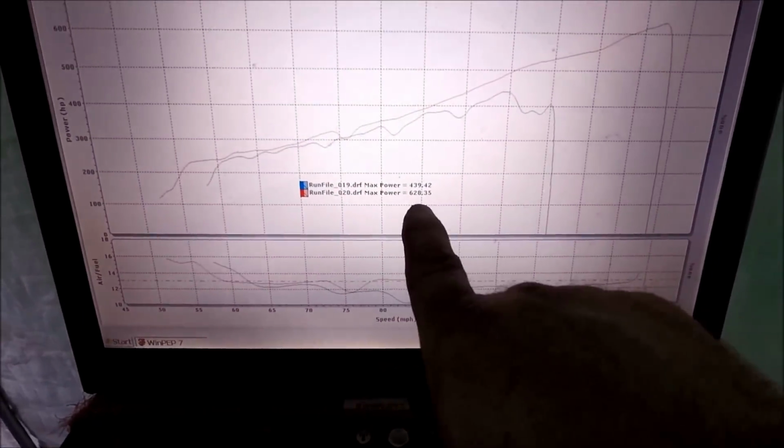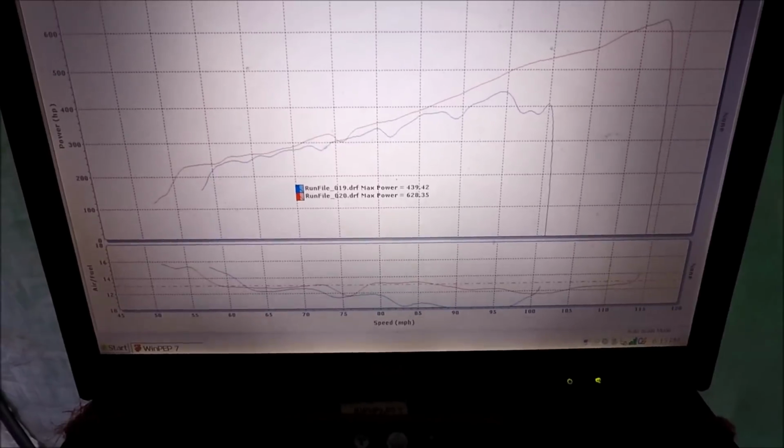Alright guys, so after a whole bunch of fueling that we did, we had a whole bunch of fueling issues. We actually got one very solid pass going. Now keep in mind air fuel is all messed up. We still got a lot of work to do with air fuel, we still got a lot of work to do with spark, but so far on the D1SC, as you guys can see, we've made 628.35 horsepower,